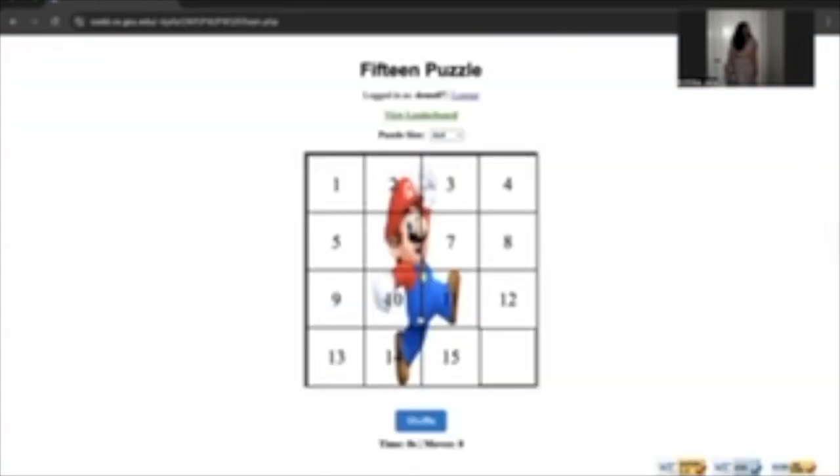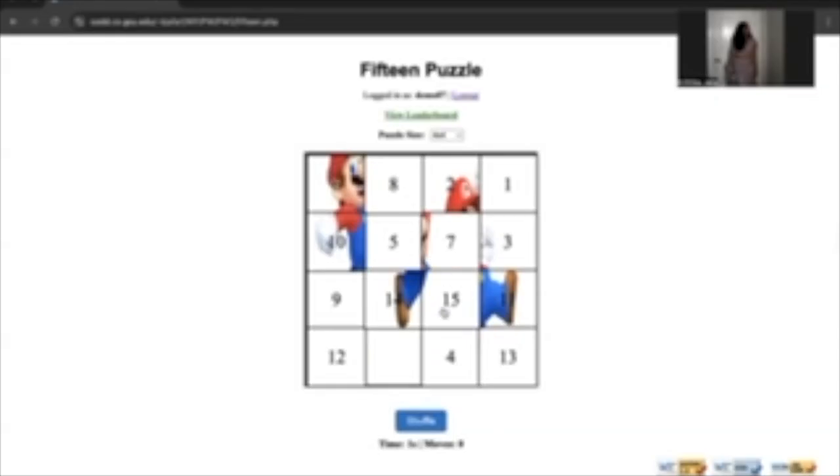So here is our register page, and I am going to make a random input. mo07@gmail.com and 4567. Registered, and now it says registration successful. You can now log in. And so if we go demo 07 and then 4567 and log in, it should take us to the page